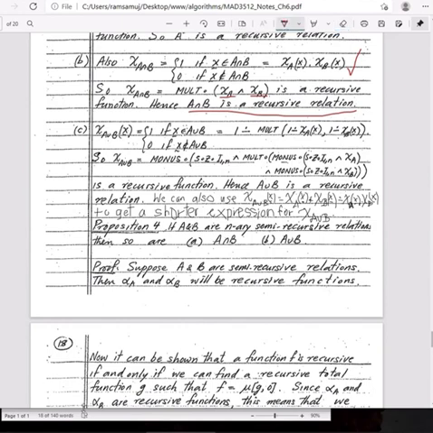Let me pull this out more here. A union B is equal to the complement of the complement of A union B,